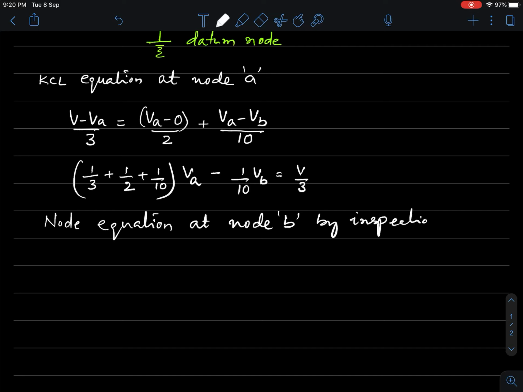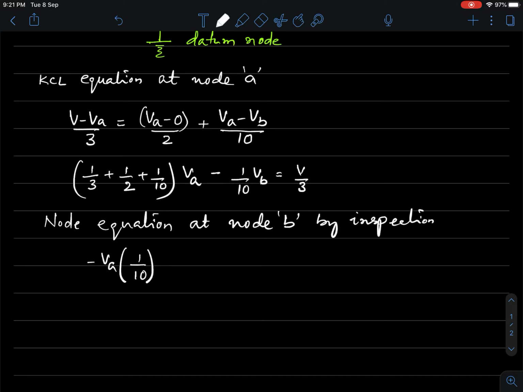How do we write by inspection? The element that is common between node B and node A is to be taken with a negative sign. That means it is minus VA times the admittance or the conductance in this case, that is 1 by 10,